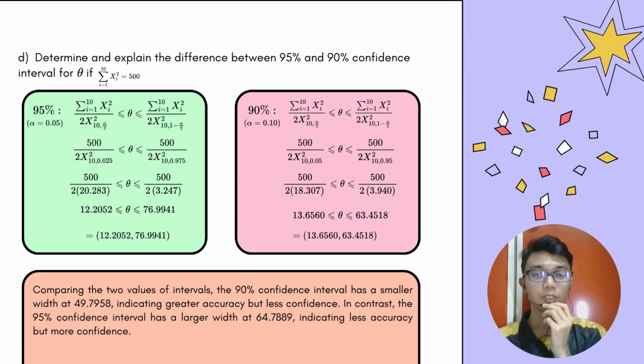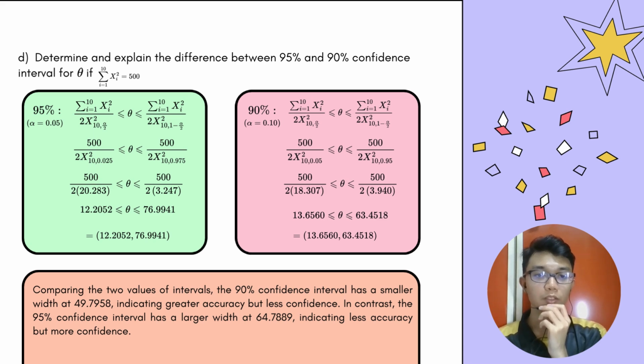For the final question, which is question D, determine and explain the difference between the 95% and 90% confidence interval for theta if the sum of chi i squared is equal to 500. We will start with the 95% first, which is where the alpha value is equal to 0.05. We will substitute the value of the sum of chi squared and the alpha into the second part, for the chi-square value with a degree of freedom of 10 and the alpha value of 0.025, we get a value of